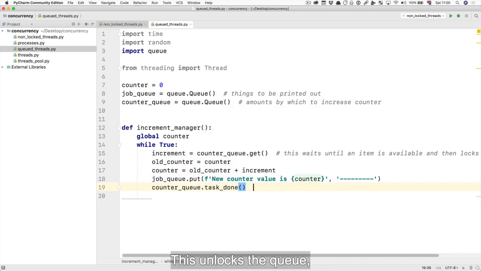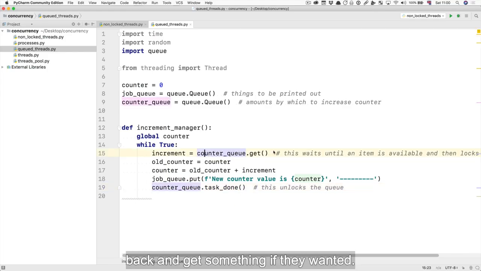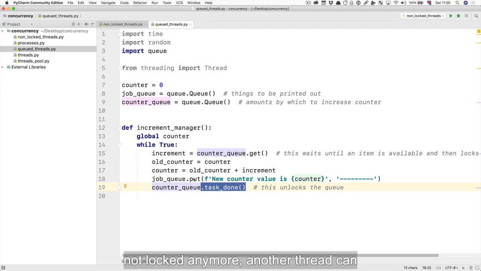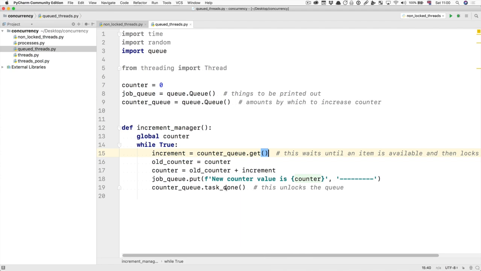This unlocks the queue. So now another thread could go back and get something if they wanted. So as soon as something comes in here, this counter queue is now locked. The thread has that resource. No other thread can access this resource until we call task_done, and that marks the queue as not locked anymore. Another thread can then go through this get. Okay. Cool. We're going to run this